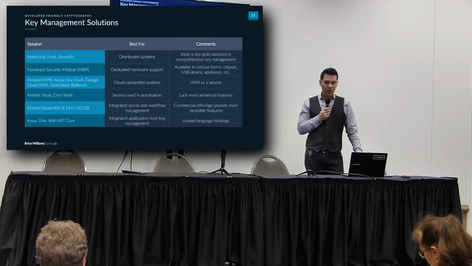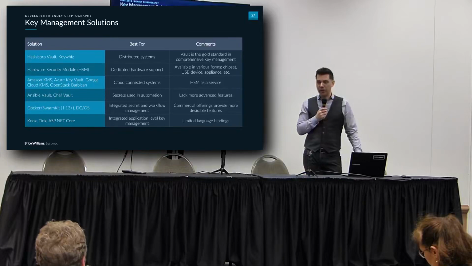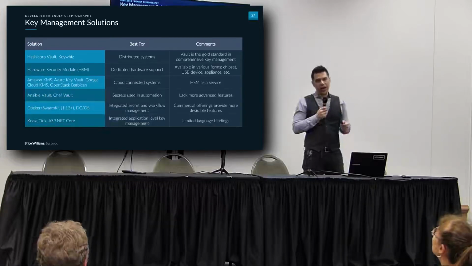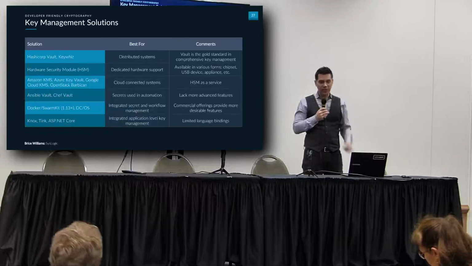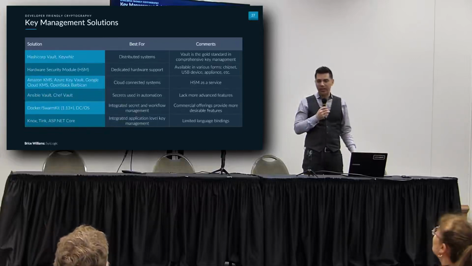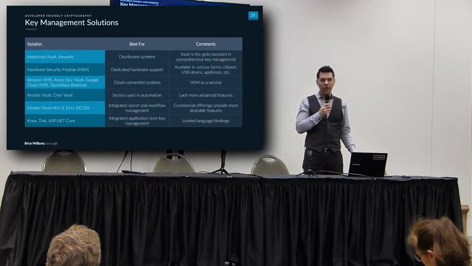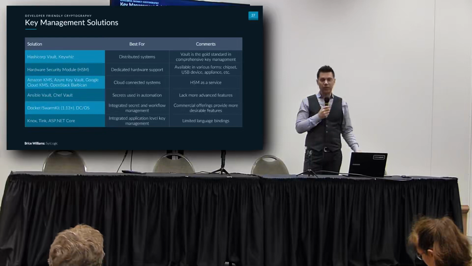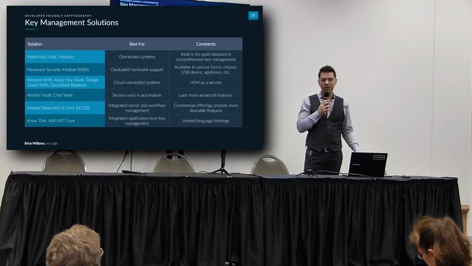You may also leverage a hardware security module, and hardware security modules can often be used with a lot of these solutions as a hardware backing, essentially. You could get it in a chipset form if you're working in an embedded environment, for example, maybe as a USB device, or even as a rack mount appliance that you could have in your own data center.